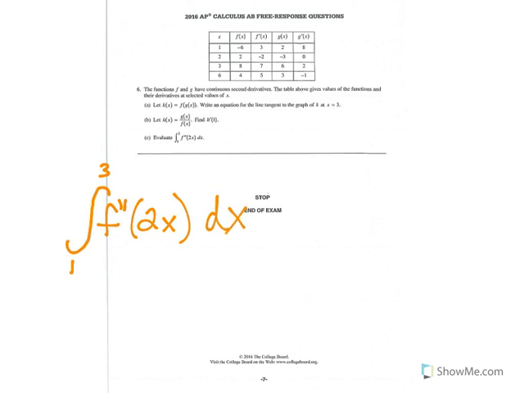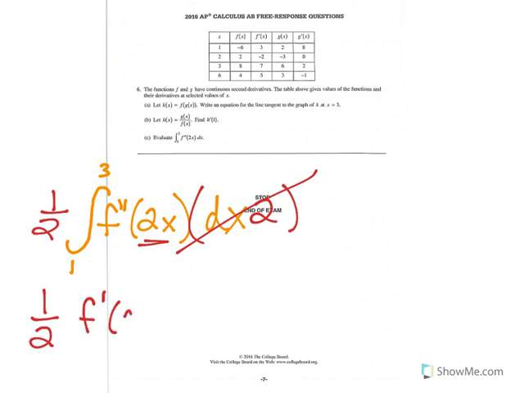I see a function inside of another function. I can't integrate until I have the derivative of the inside sitting off to the side. Derivative of the inside is 2. I'm going to put a 2 here, put a 1/2 out front. I'm now ready to go. Zippity-doo. The integral of f double prime is going to be what? That's right, it's going to be f prime of 2x from 1 to 3, which equals 1/2